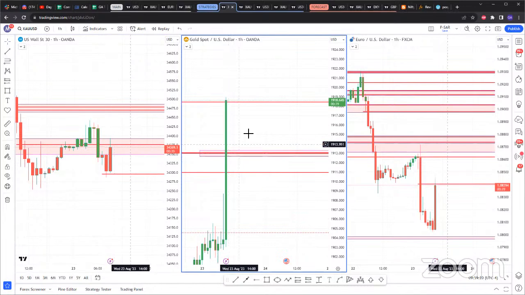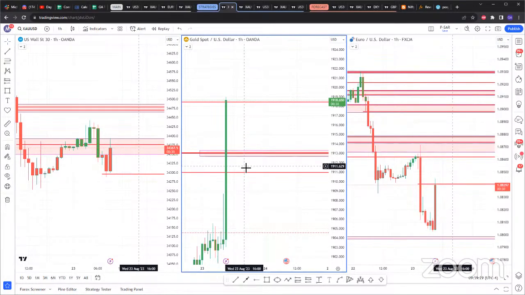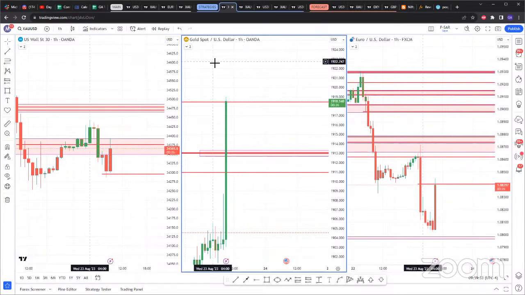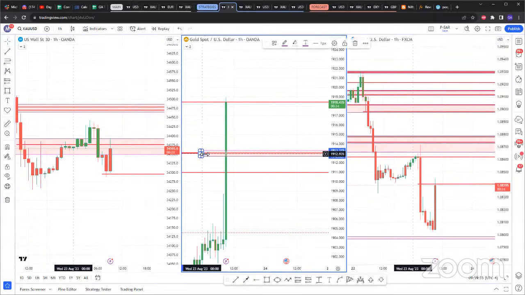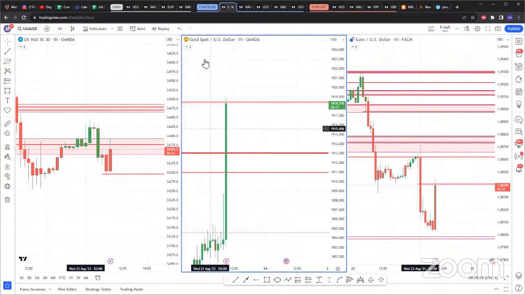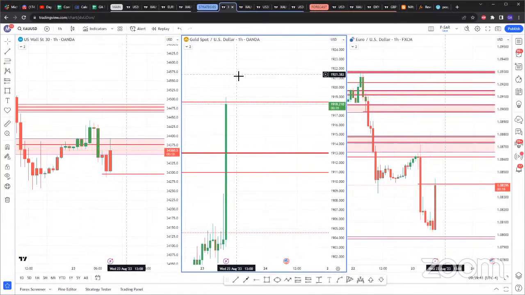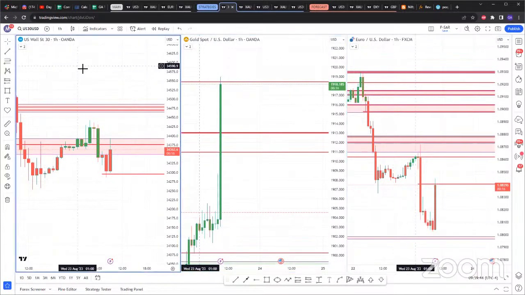So what's the probability of that happening again, right? You see how gold is so bullish. Not to say that gold cannot all of a sudden turn bearish over the next 2 hours, but looking at probabilities, what's the probability of that happening? So probably near to none. So as much as I'm bearish on gold, has the 4 hour given me any entry? No. Has the 1 hour given me any entry? No. So at that point, I just stay out of the market and then I focus on other things.